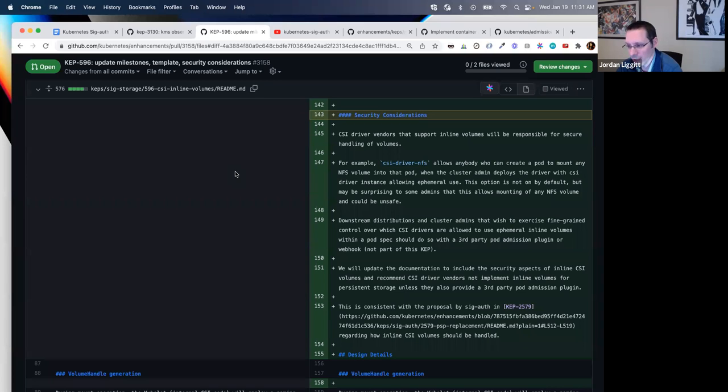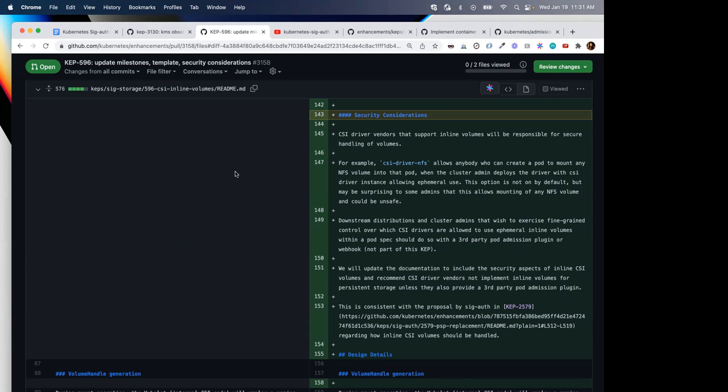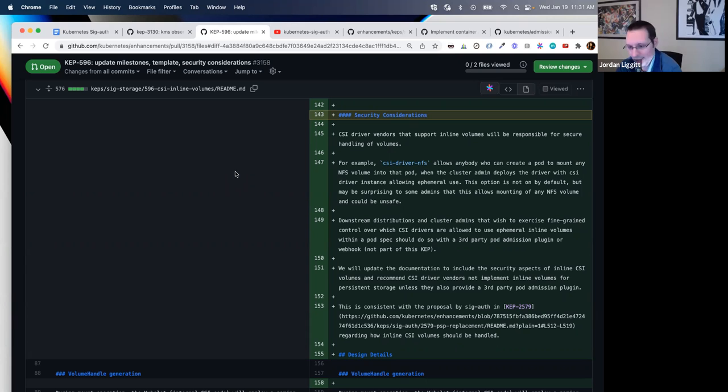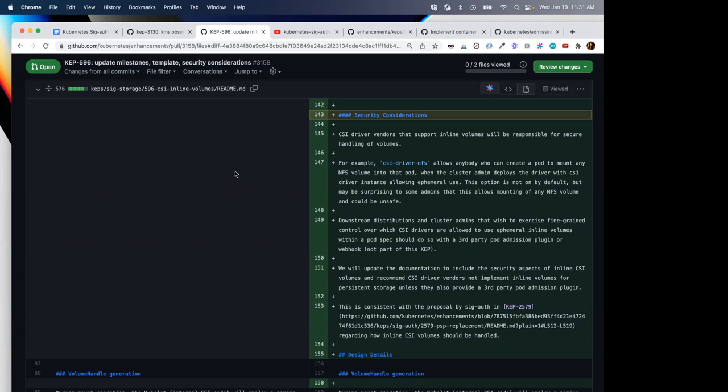To me, it makes sense to say we should not have an opinion about this. If you're going to write a thing that is not inherently safe, then you need to put protections around it which understand the contexts that would make it safe. So in the case of the NFS one, it's a UID GID type of restriction. Yeah, okay, that makes sense.